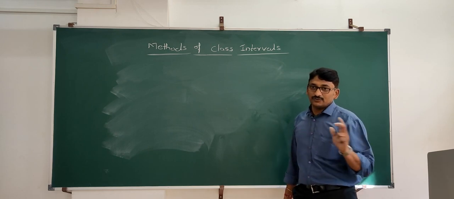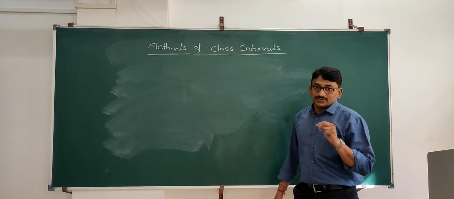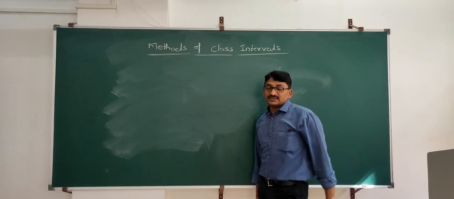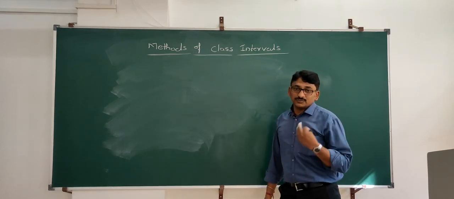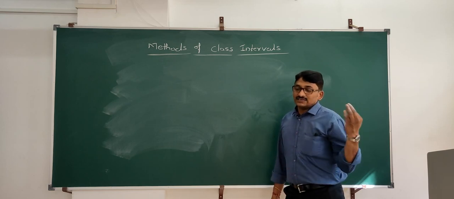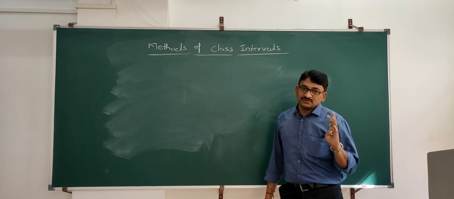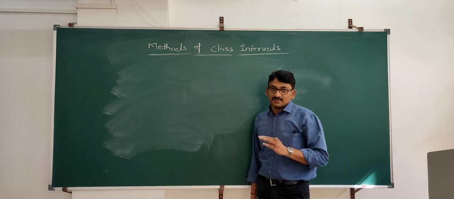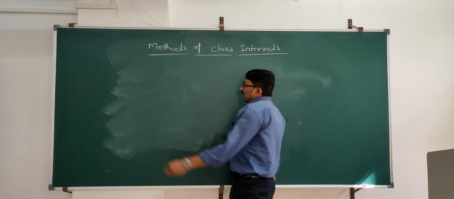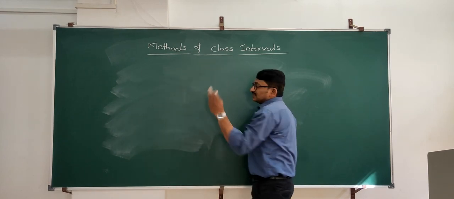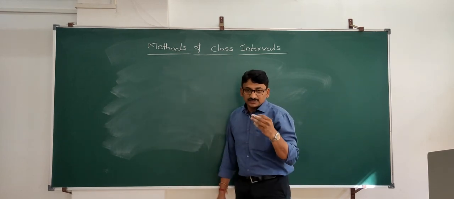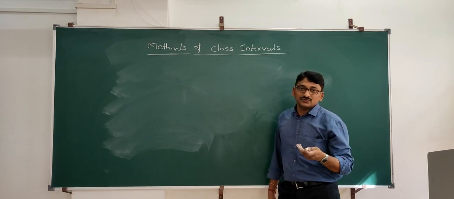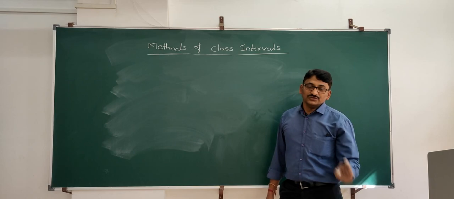Before starting problems, I want to teach you this. This is the most important. Based on this, you have the problems on classification, you have the problems on averages, you have the problems on dispersion. Next, all the topics are related to the inclusive and exclusive method only. So be perfect in this. I'll repeat once again. If the upper limit of one class is repeated once again as the lower limit, it is called exclusive. If the upper limit is not repeated once again as the lower limit, it is called inclusive. This much you have to